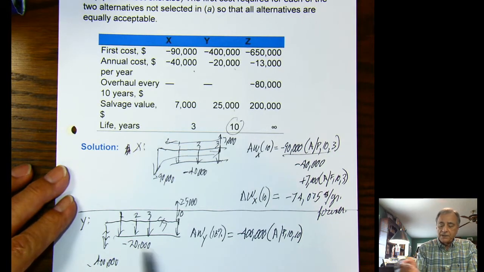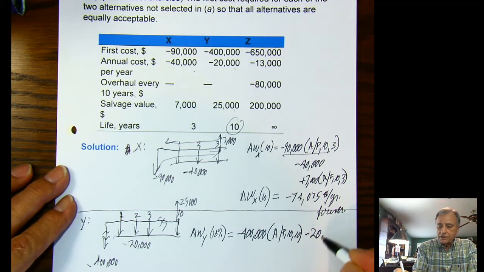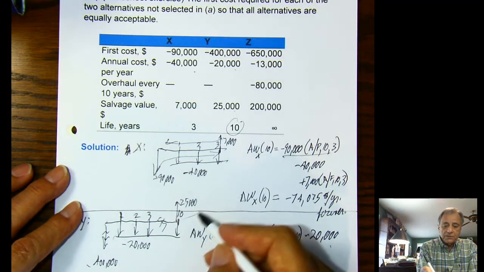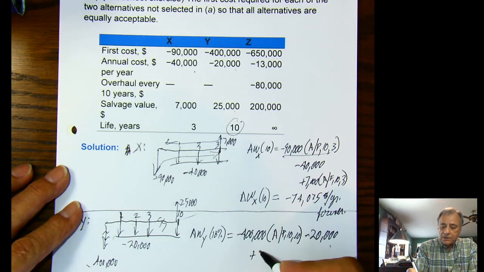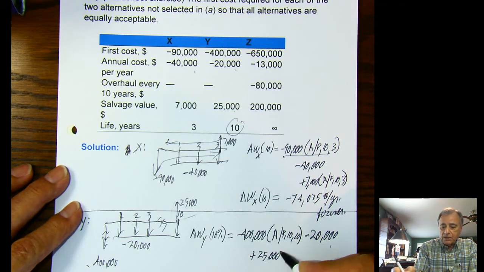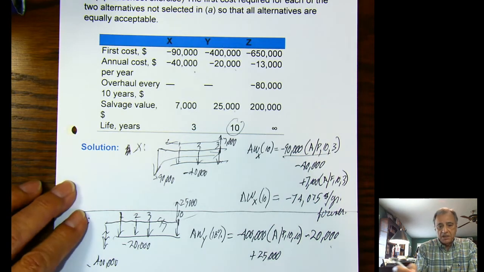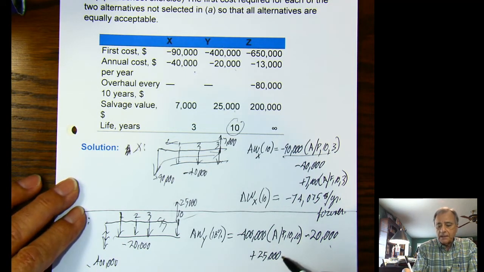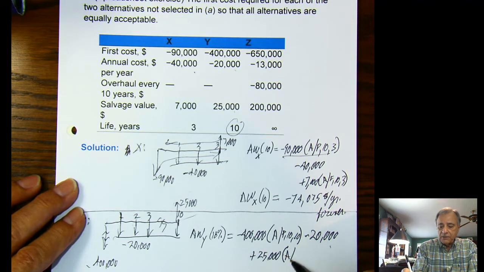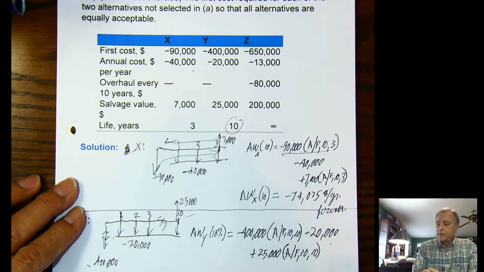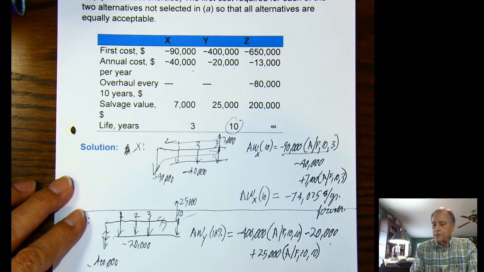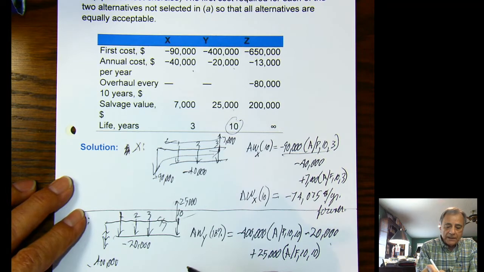And then I have a minus 20,000, which is an A series. So I'll just put that down. And then I have a plus 25,000, which is a future value, which is the market value of this equipment or whatever it is at the end of 10 years. So that's going to be A given F, 10% for 10 years. And if I compute this value out for Y, the annual worth of Y at 10%,